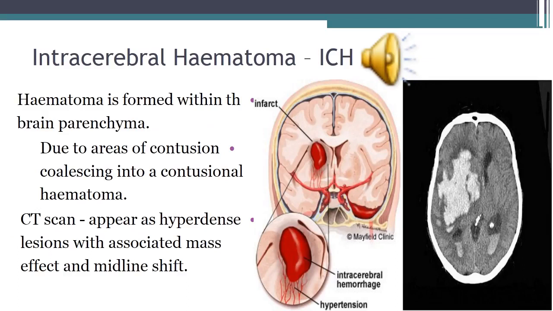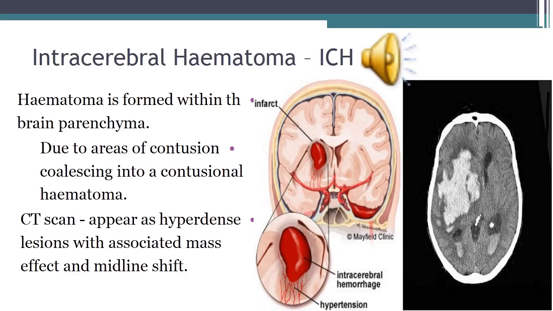Intracerebral hematoma is a hematoma that forms within the brain parenchyma. It is due to areas of contusion coalescing into a contusional hematoma. On CT scan, it will appear as a hyperdense lesion associated with surrounding edema, mass effect, and midline shift,